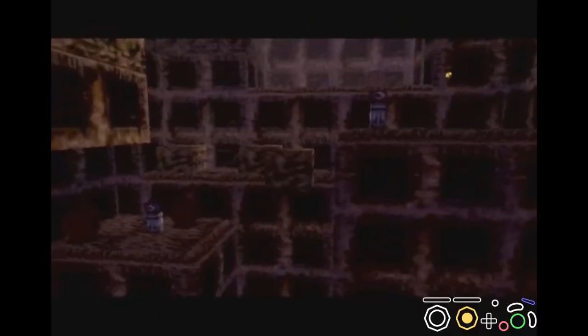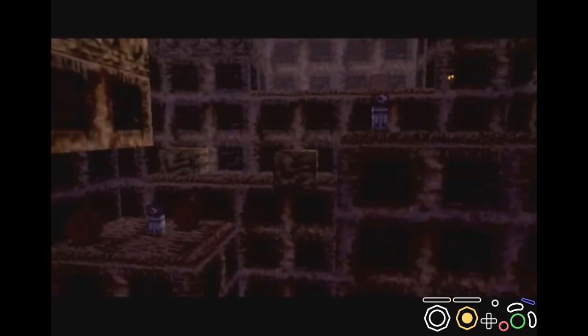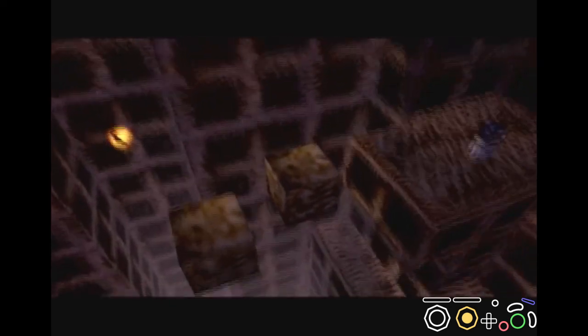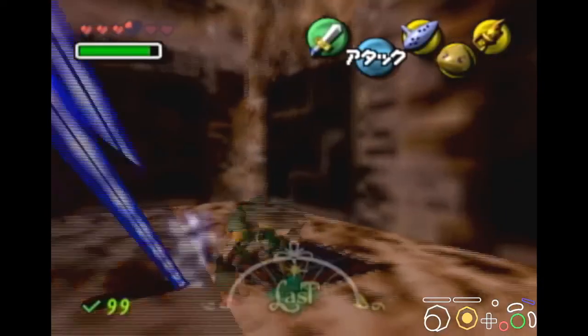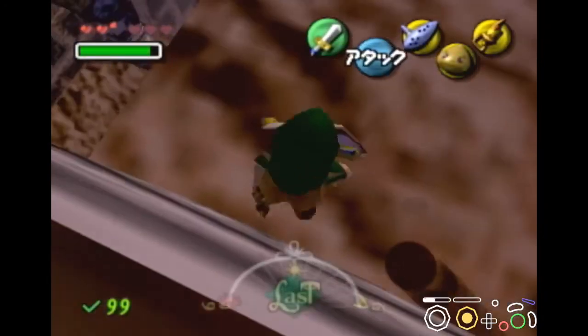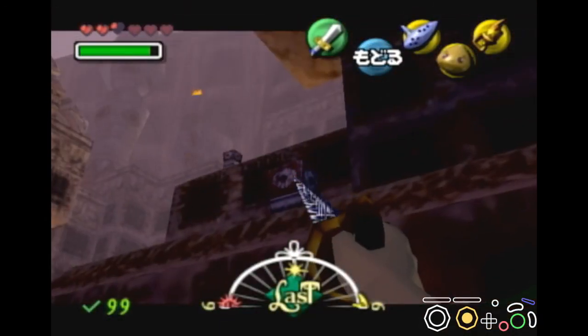Then step on this switch. Now we don't need to actually play Elegy on this switch. All you need to do is go over and stand on it for a second to get these blocks to move. Step off. Go around here. You can use this hookshot pillar to block the BMOs so you have an easy shot. Go up here,